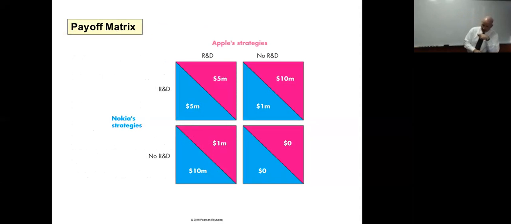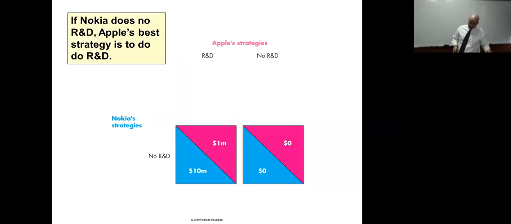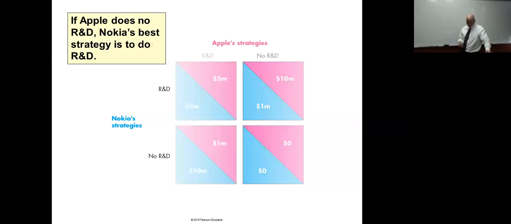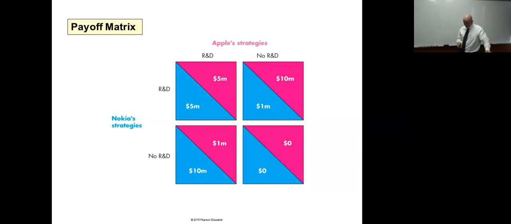All right, so what can Apple do? They can invest, where we see R&D or no R&D. One strategy would be that Apple and Nokia both invest money. Both could invest no money down here. Down here, Nokia can invest